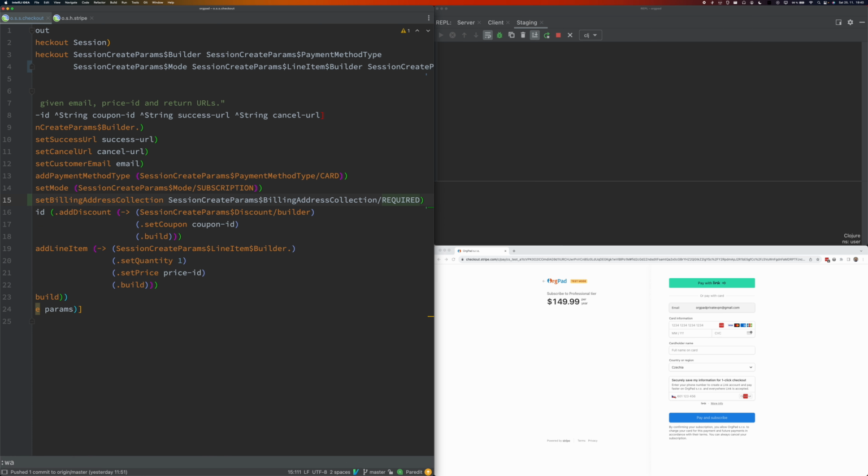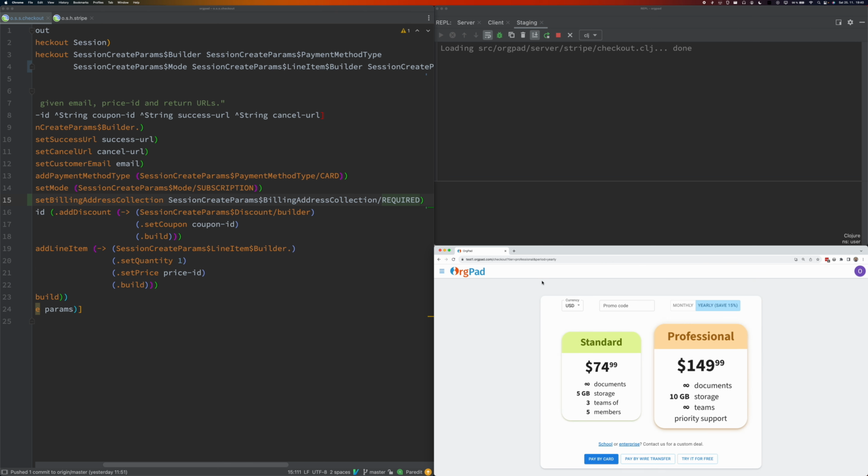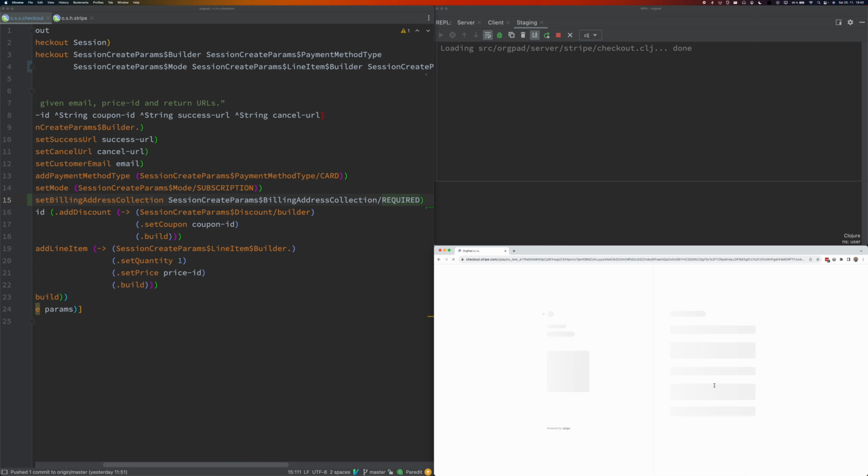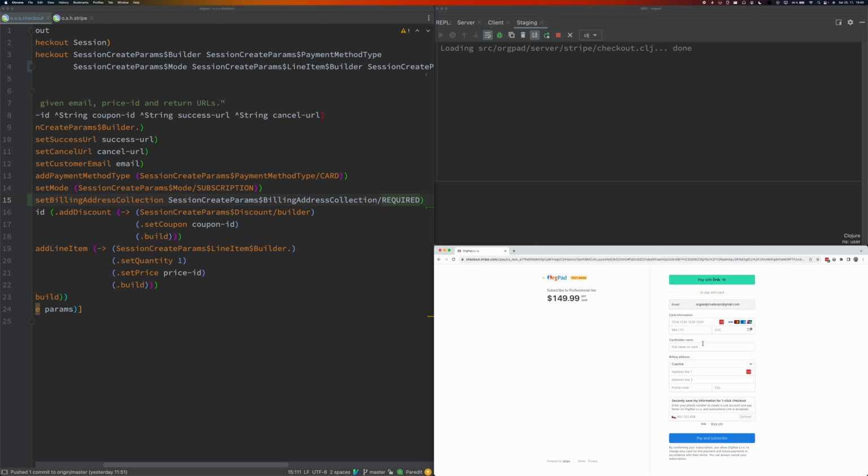And with this, when I reload my code using REPL and I go back, and then I click for the payment again, I get redirected to a different URL where the billing address is currently displayed. Okay, let's pay for Stripe now.